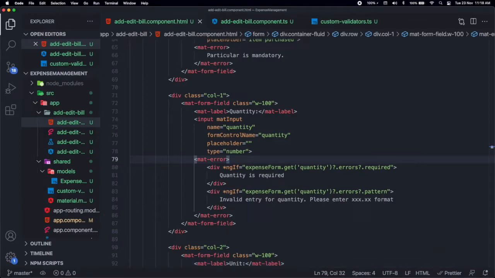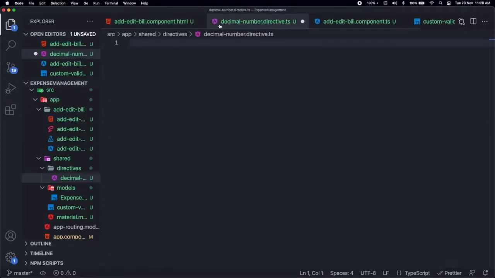By tapping on Angular's core concepts like pipes and directives, we can create a directive to have a custom input entries. So let's go ahead and create a directive. Created a decimal number directive inside the shared directives path. And then to make a class a directive, we need to decorate our class with the @Directive decorator